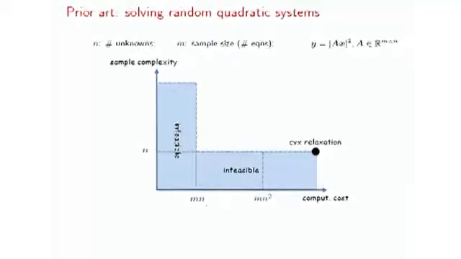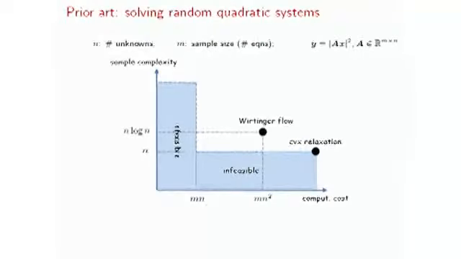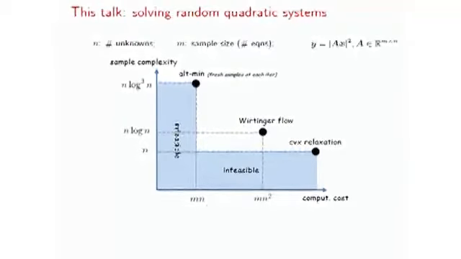First of all, let's look at convex relaxation. Convex relaxation is extremely powerful in terms of its statistical accuracy, and it achieves the minimal possible sample complexity, but it incurs a very large computational expense. In order to improve this computation, there are several non-convex procedures that have been proposed, including, most remarkably, alternating minimization and Wirtinger flow. But both of them are still suboptimal in some of their aspects.